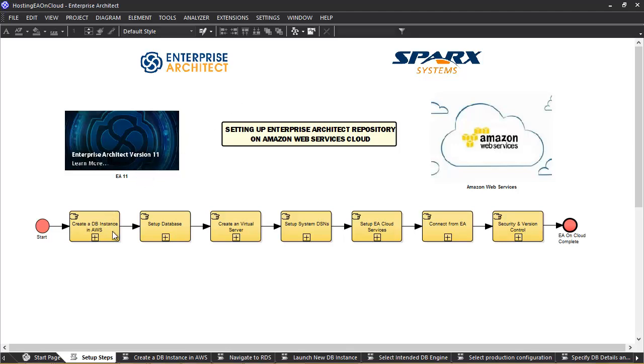To summarize the steps, firstly, we created a DB instance in RDS. We selected the MySQL engine, and then we set up a database using MySQL Workbench. Then we created an EC2 virtual server in which we set up the system DSN that was used to connect to the database instance. And then we installed the EA Cloud Services software and created database managers. Then we connected to it using Enterprise Architect 11, and finally set up the security and version control on the virtual